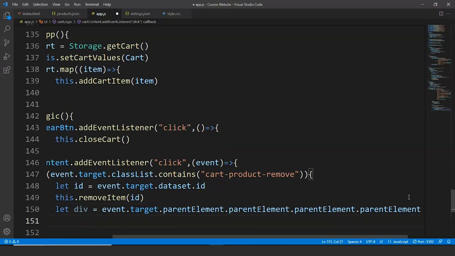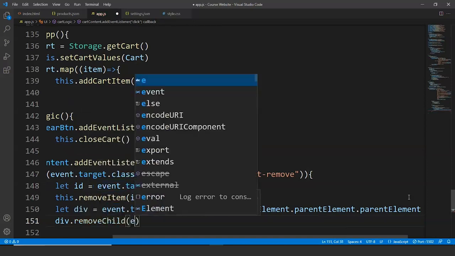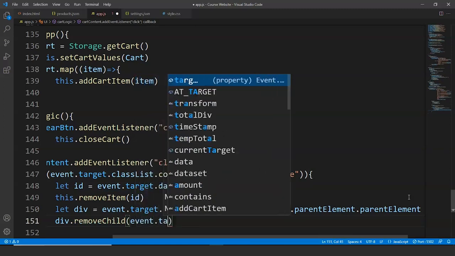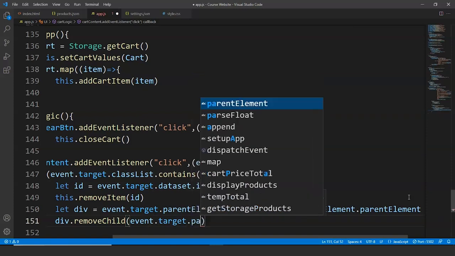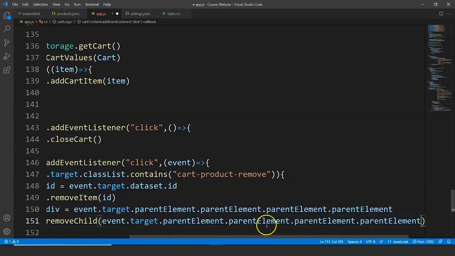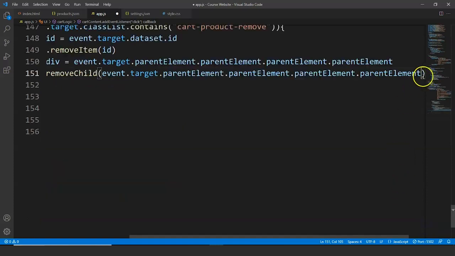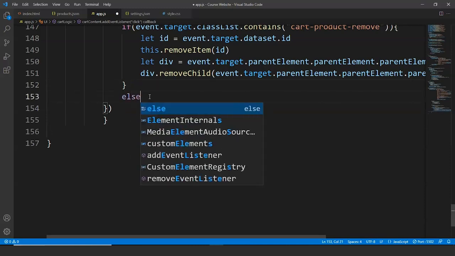In the next line we'll write here div.removeChild, and we'll write here event.target, we'll copy it from here and we'll paste it here. Fine. Now in the next line we are going to close this bracket and we are going to start writing here else if